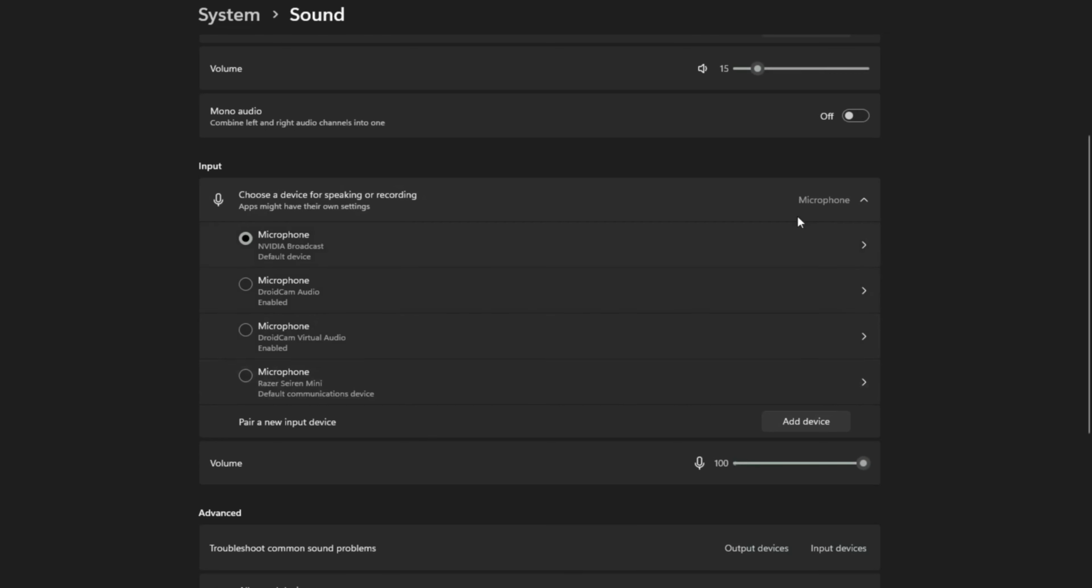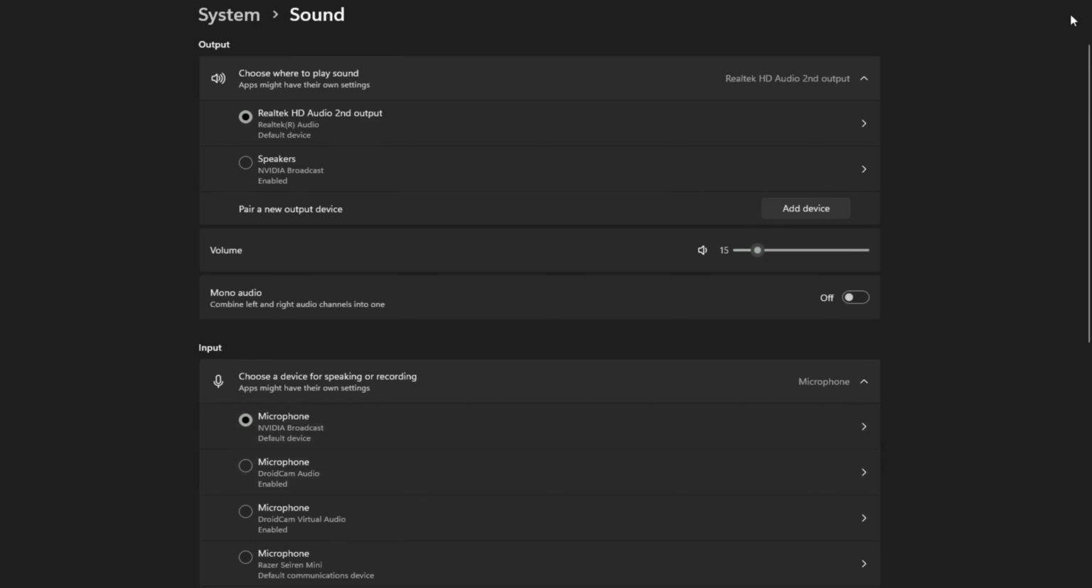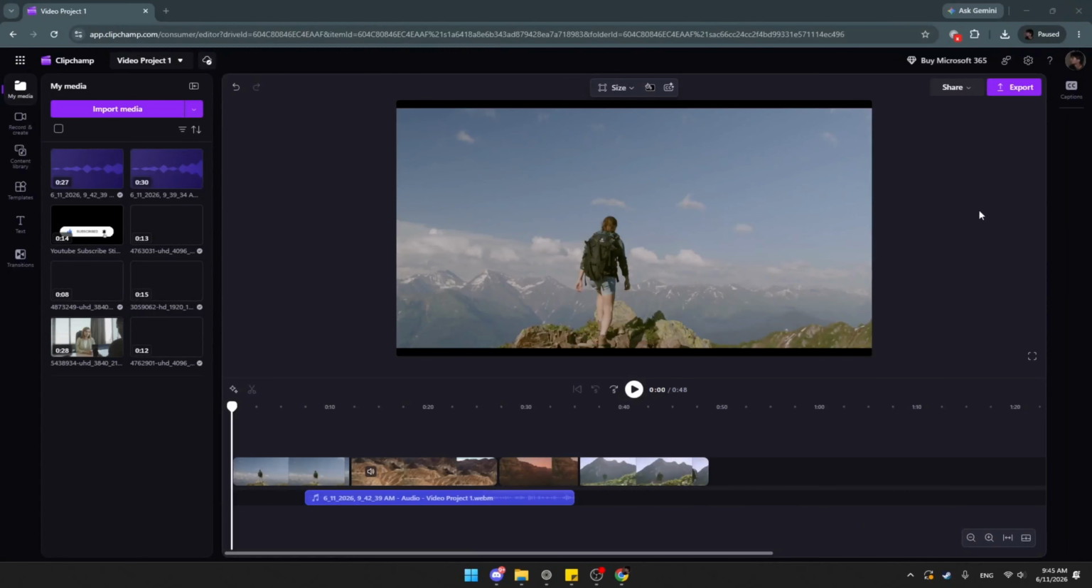As you can see, I have a few devices set up and we're interested in selecting the proper microphone. Right now I have it set to my NVIDIA Broadcast. You can also set it to your other microphones if needed. So that's how you can make sure you're using the right microphone if you're using the desktop device, or the desktop application, sorry. If you're using Clipchamp on your browser, it's pretty much the same process, but this time